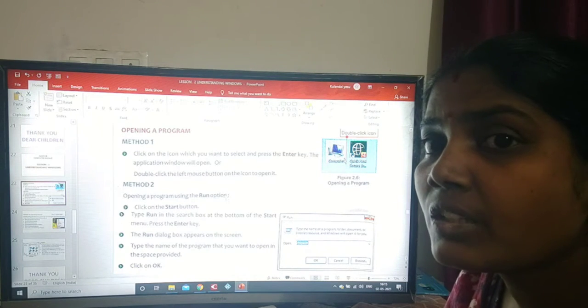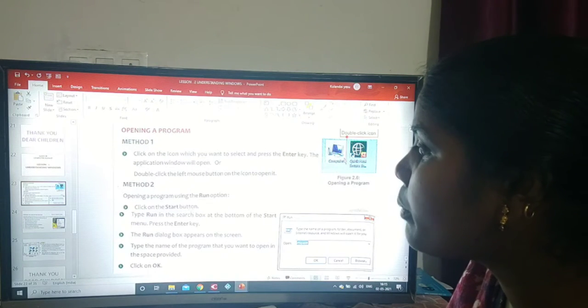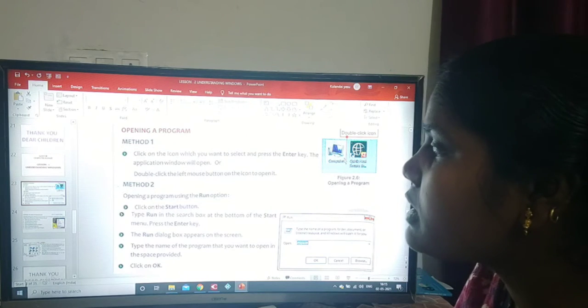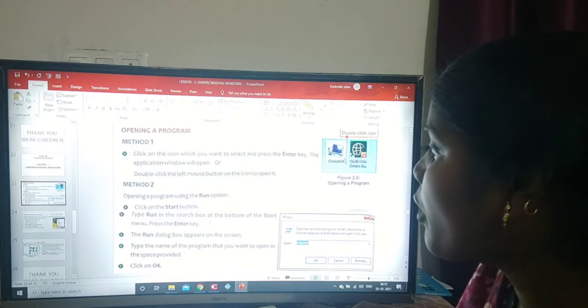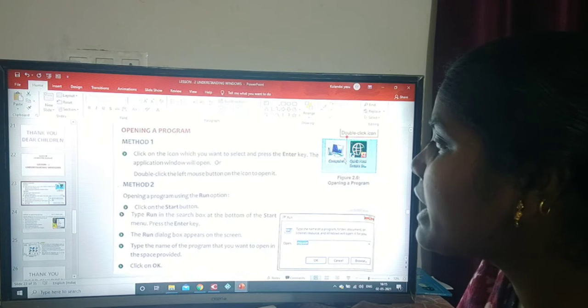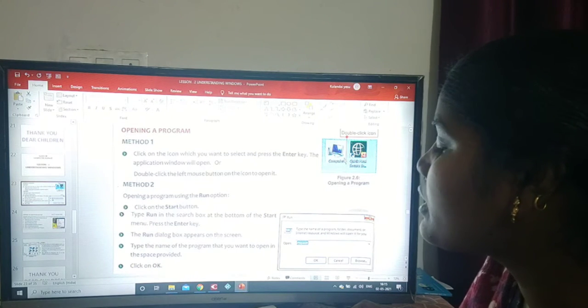So this is method 1, where we saw how to open the icons. Now this is method 2. Click on the start button. So this is the start button, we have to click on it, then type run in the search box at the bottom of the start menu. Press the enter key, then the run dialog box appears on the screen.